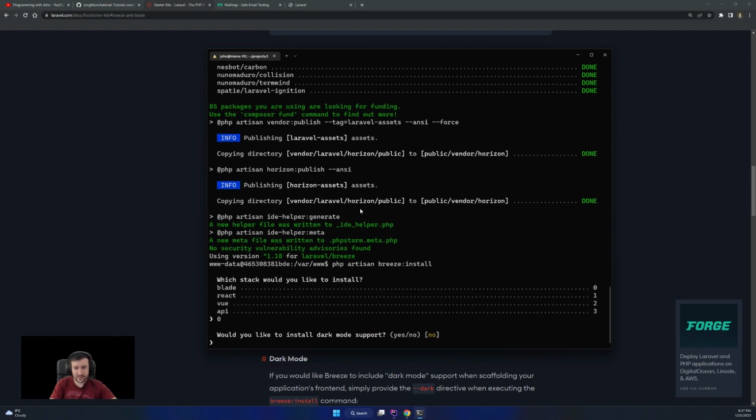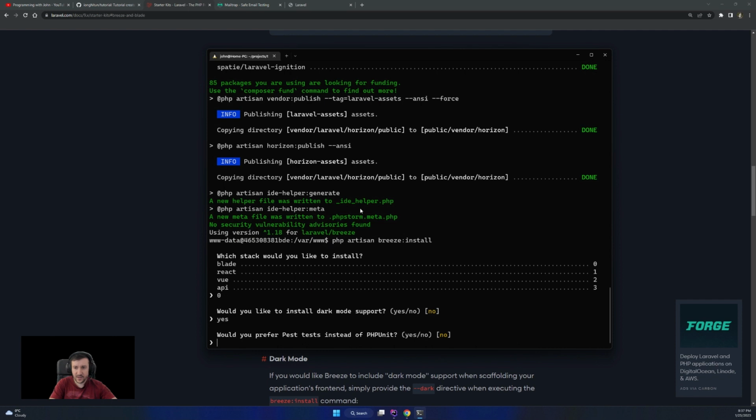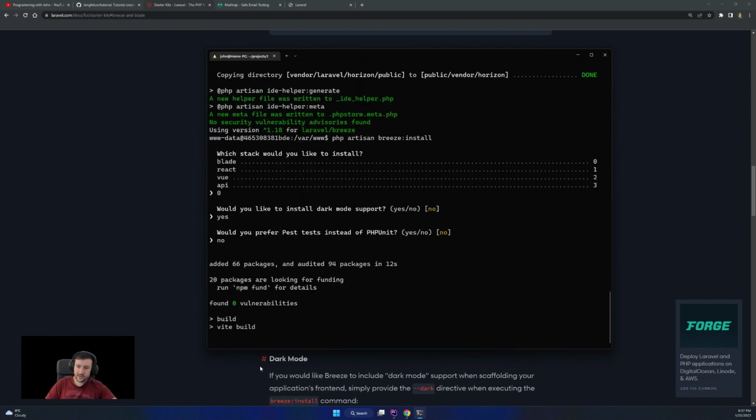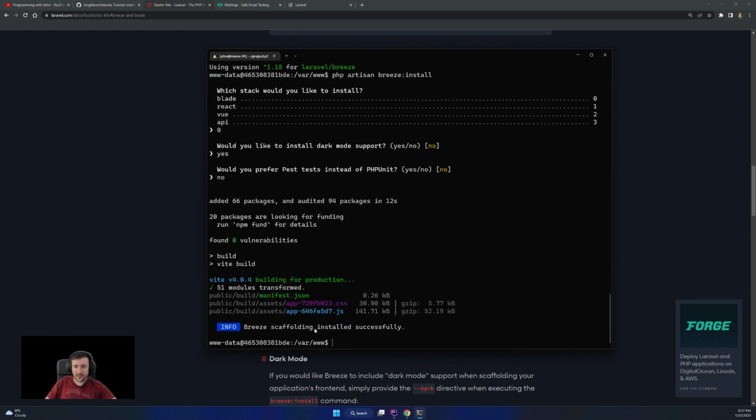Then if I want dark mode support, I say yes. And if I want Pest instead of PHPUnit, I say no, because I like PHPUnit. So this will install the starter kit scaffolding for Breeze and Blade, and it will add some things in here.